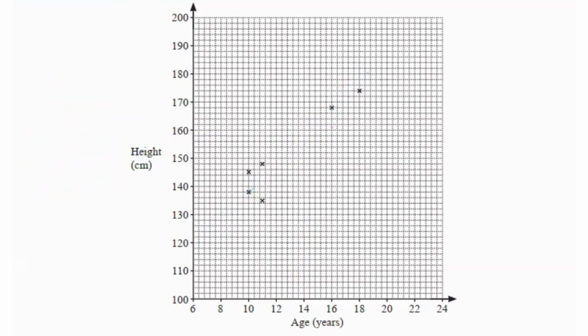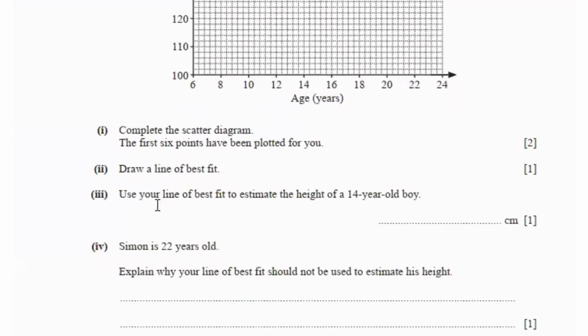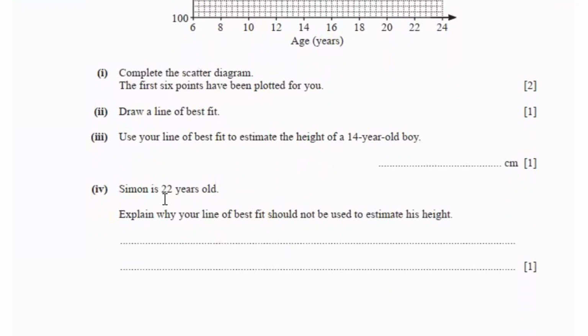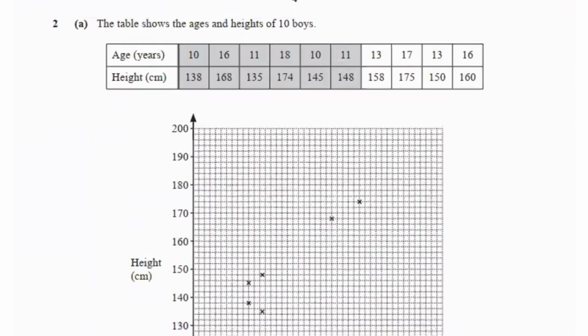Then Simon is 22 years old. Explain why your line of best fit should not be used to estimate his height. Why it shouldn't be used to estimate his height is because if you look at the values in the table, our maximum value is 16 and Simon is